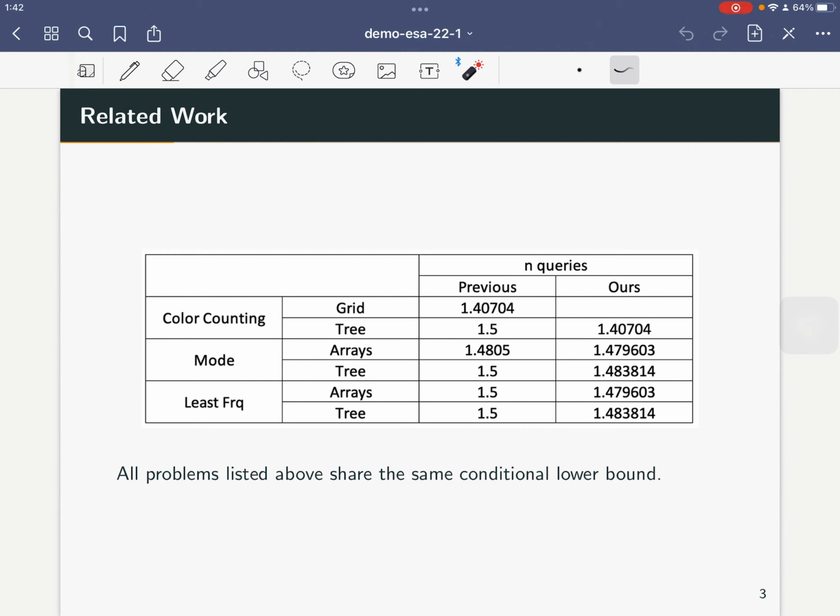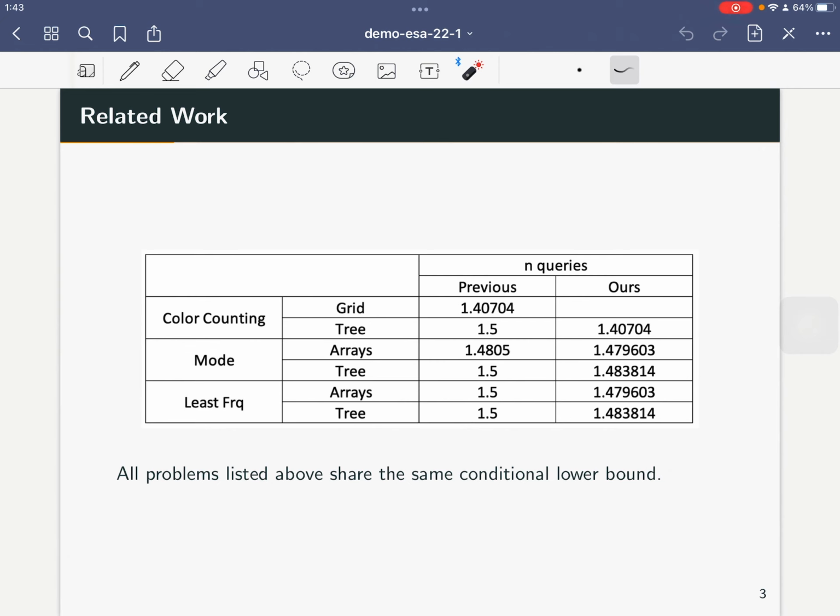This means that with current knowledge, the total time of answering n of these queries cannot be faster than time n to the power of 3 halves using the pure combinatorial methods, while saving for polylogarithmic factors. So far, the solutions that match the conditional lower bound have been found for all of the 3 path queries. On the other hand, for only a few of them, the results that break the conditional lower bound have been